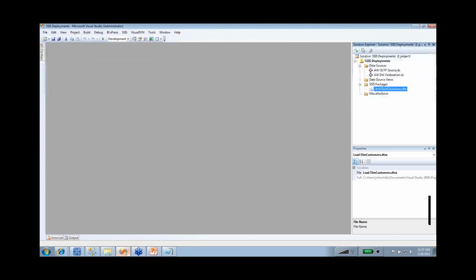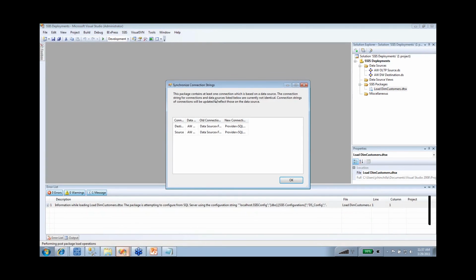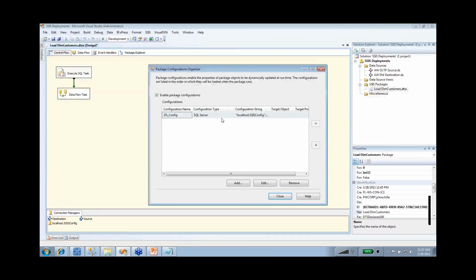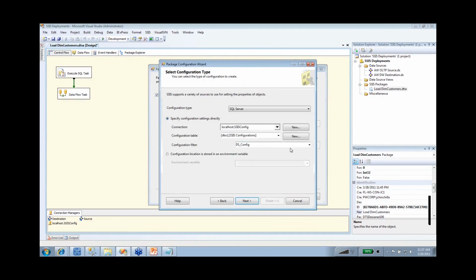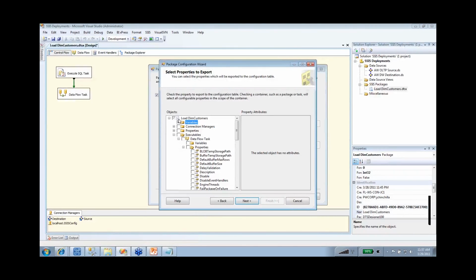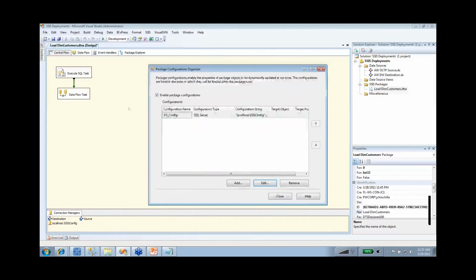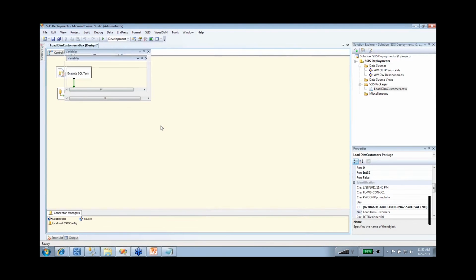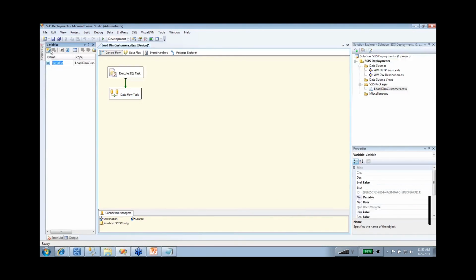Yes, absolutely. So if we go back to the package and go to my package configurations, I can edit the configuration. I can go back to my properties, and you can see here that you also have variables. In this case, I don't have variables enabled. Let me enable a quick one right now. So with my variables, let me add a variable. This will be my var,